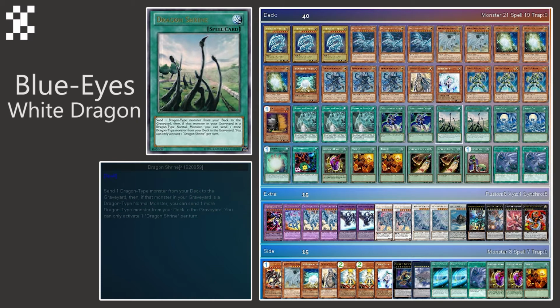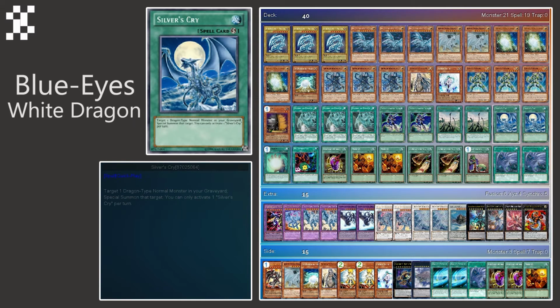I also run 2 Dragon Shrines, so you can just send a dragon monster from your deck to the graveyard, any one this time, not a level limit or an attack limit, and if that monster is a dragon type normal monster, which Dragon White Spirit and the vanilla Blue Eyes are, you can send 1 more to the graveyard, so that's pretty great there. And I know I say that's pretty great, but a lot of this stuff is really great. It has great synergy. And then just to end that off, we have Silver's Cry, which I have a 2,